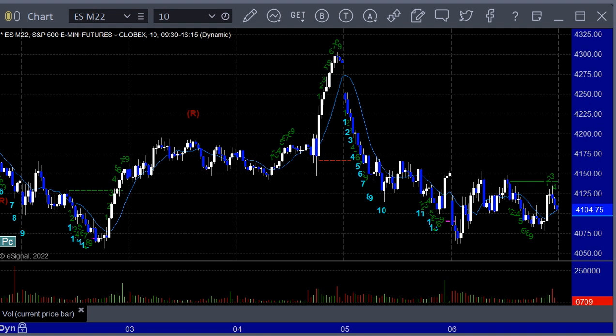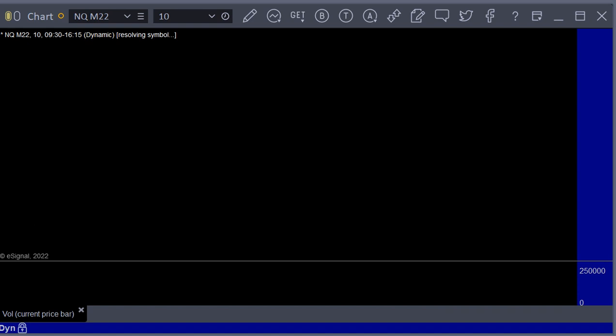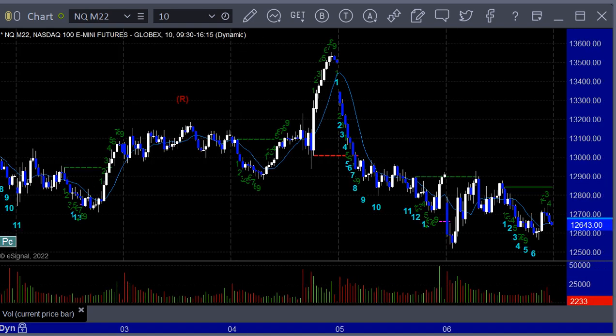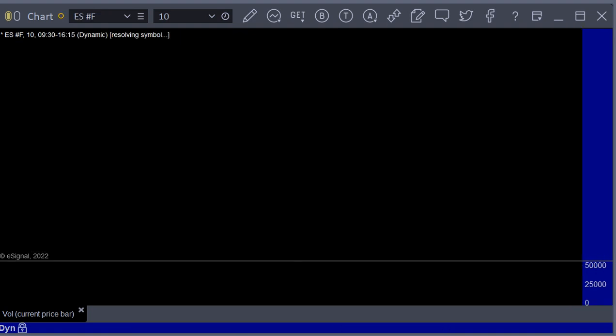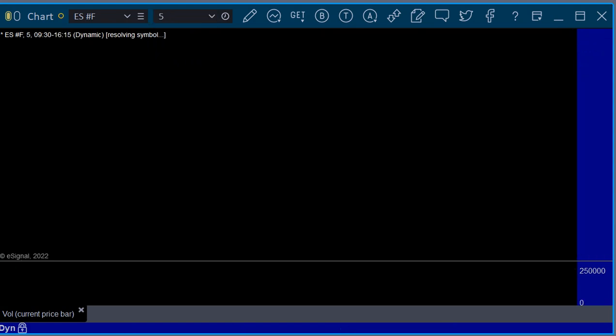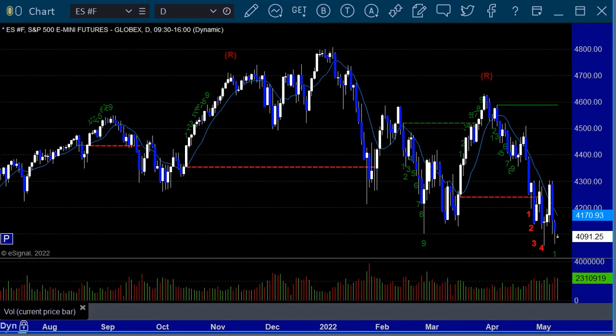And then on Thursday, we gapped down, headed lower. Friday, small gap down and flat. And here's the thing. At the end of the week, we're basically where we started. We're a little bit lower on the S&P or the ES side. And if we look at the Nasdaq side, it's a little bit lower, but it's still not that much lower. We lost a little bit, but it is what it is. And we still have a war going on, and we still have all these other things. So, whatever, you can't get around that.